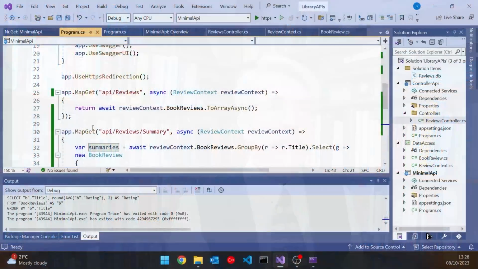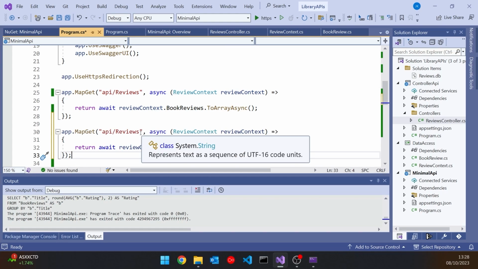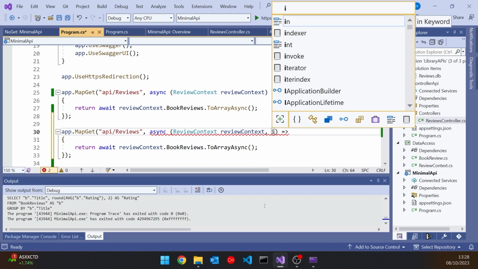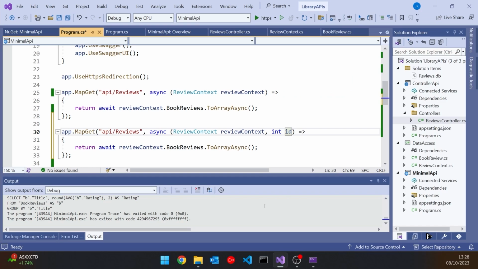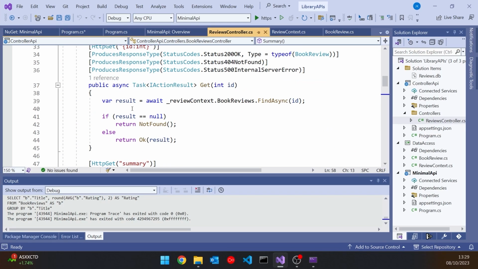Let's move on to another get now, which is going to be the get single item. So rather than get all, we'll just get a single one. So again, let's copy this. And this is still going to be a map get, but we're going to have the parameters coming in. So I'm going to put in an int ID as a parameter, and then we can configure that on the URL in the usual way, which is simply curly braces, ID matching the parameter I gave it, and then int for a type. And then again, we can grab that. So there is our get for a single one.